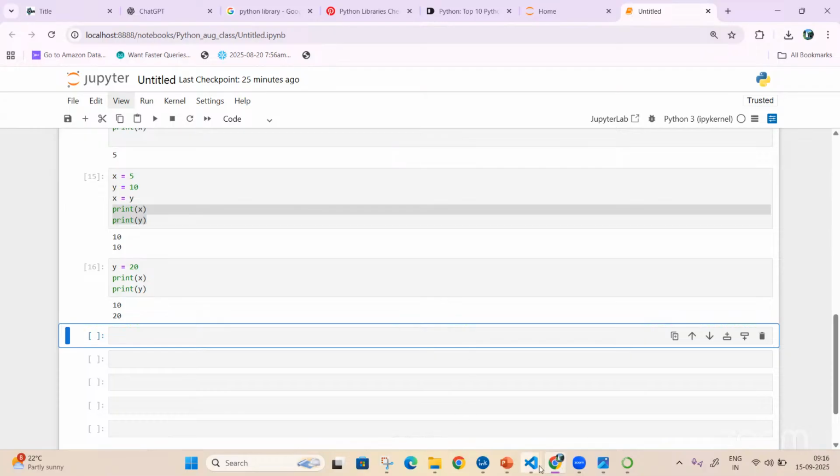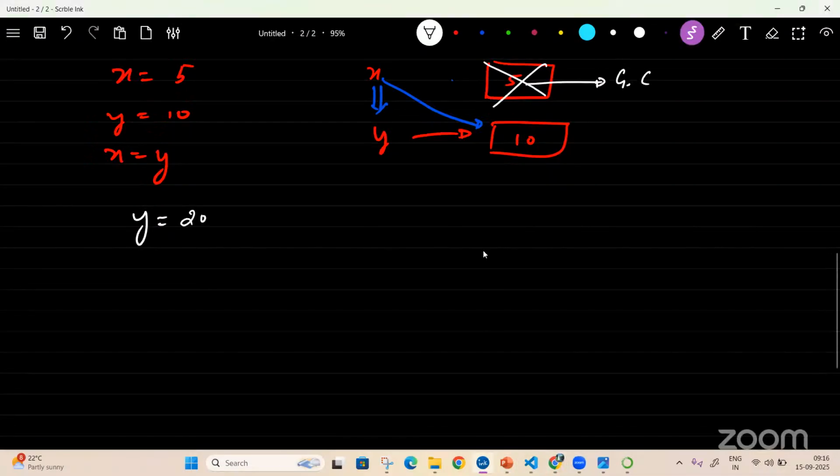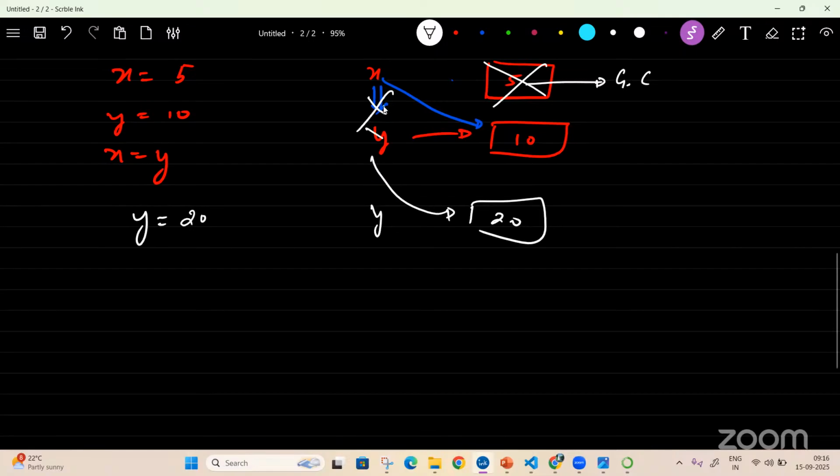Yeah. Since you changed your y value again, at that time it will be assigned to something new, 20. Now it will go like this, and this particular assignment will no longer be valid. Only y is equal to 10 will be valid, and it will be executed. Once you say x is equal to y again, then it will come and sit like this. In this way, your variable will keep on changing based on the values you give. And in the backend, this is how it works. Any doubts so far?